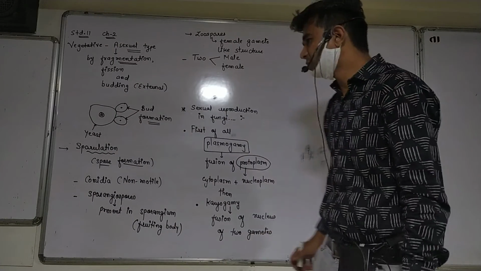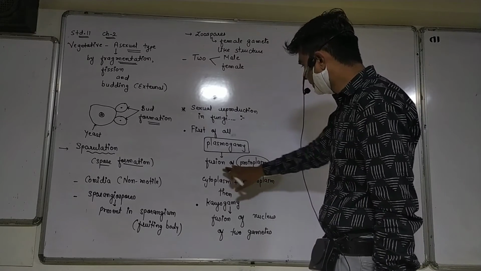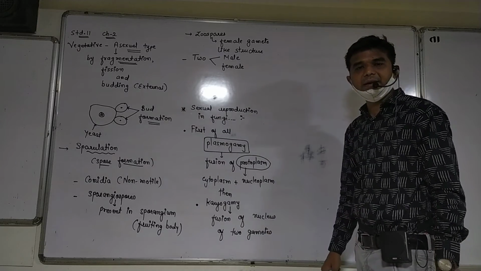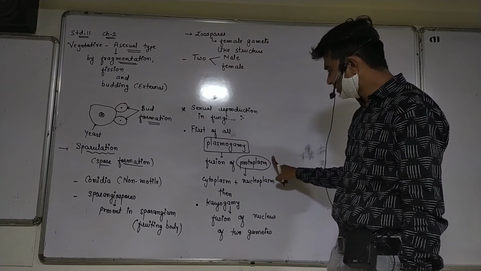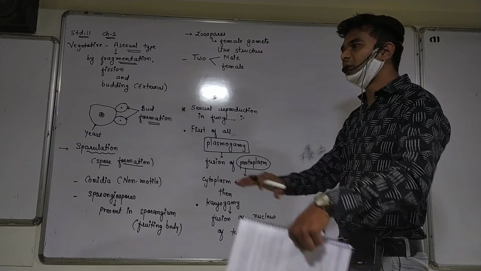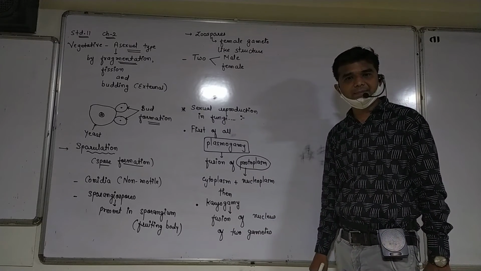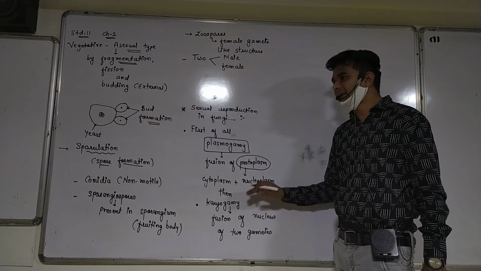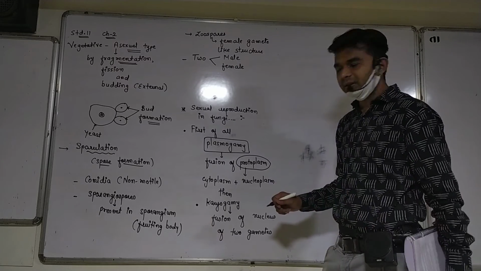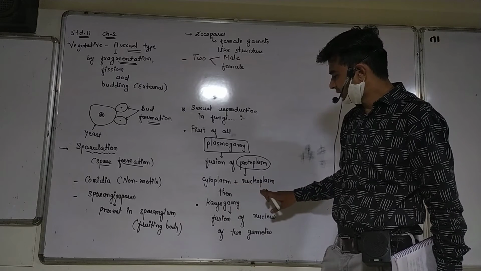First of all, plasmogamy. In plasmogamy, the protoplasm is fused. You will learn this in the 8th chapter. Protoplasm is nothing but the cytoplasm and nucleoplasm. The whole fluid portion inside the cell is known as protoplasm. Cell organelles inside that matrix we can't consider. But the fluid portion present in the cell is known as cytoplasm, and the fluid portion present in the nucleus is